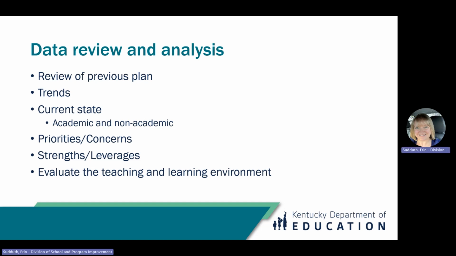Next is trends. Data from the previous 2 academic years is analyzed, and the academic, cultural, and behavioral measures which remain significant areas for improvement are identified. Now, we know that it takes time to start seeing the impact of a new program or initiative, which is why it's important to track trends. I mentioned reevaluating and tweaking unsuccessful initiatives during the review of the previous year's plan. The impact of those tweaks can be observed through the trends and allow you to determine if you're seeing adequate progress or success.